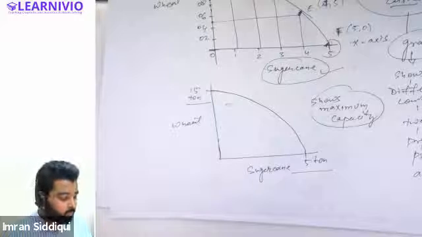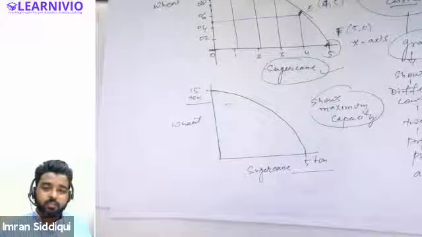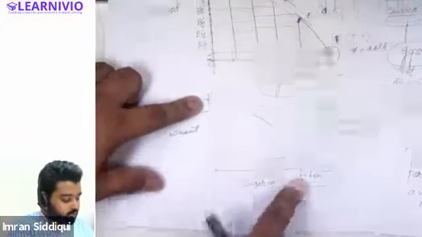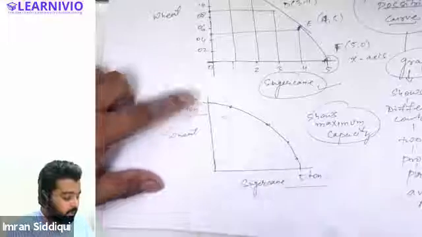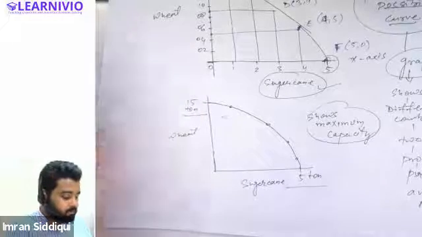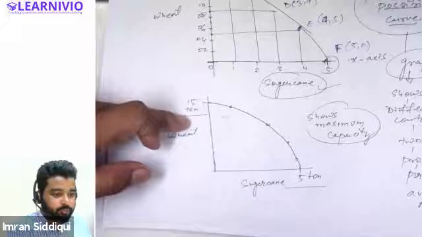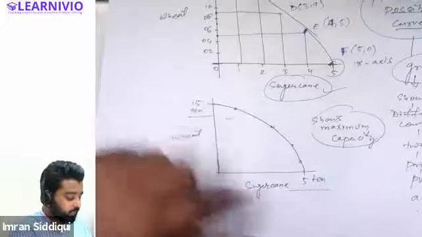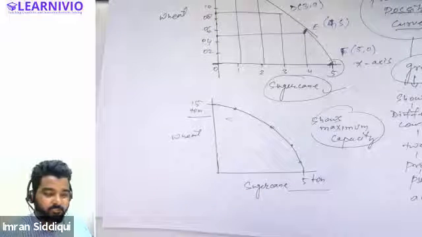This is the maximum value of both the goods that he'll be able to produce. Or if he does not want to produce 15 tons of wheat and 5 tons of sugarcane, then he can choose any combination falling between 5 and 15. He can choose combination A, combination B, combination C, combination D. All those combinations must fall within this capacity, either 15 tons of wheat or 5 tons of sugarcane, or any combination lying between 15 and 5.